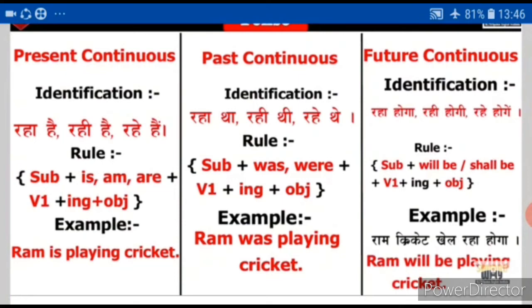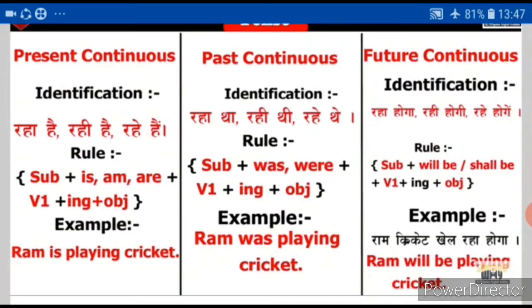Ram was playing cricket. For a singular subject we are using here was, but if we have a plural subject then we have to use were. And if we are using these sentences in negative, then we will use not after was or were. If we are using an interrogative sentence, then we will use was or were in the beginning of